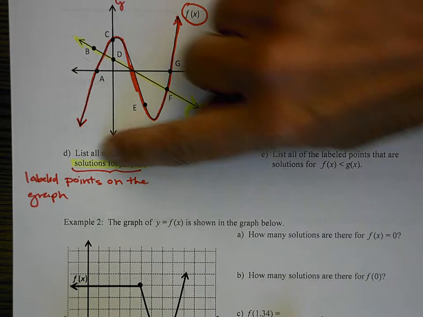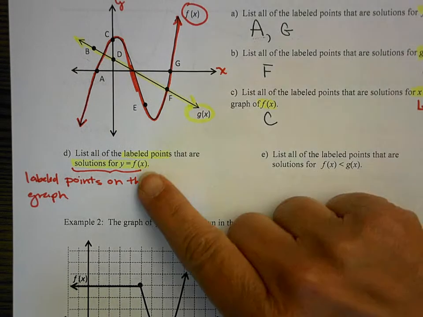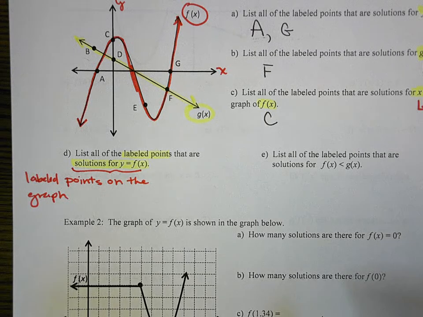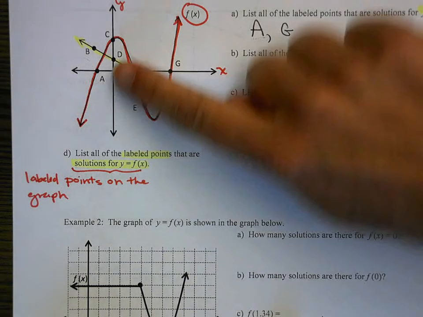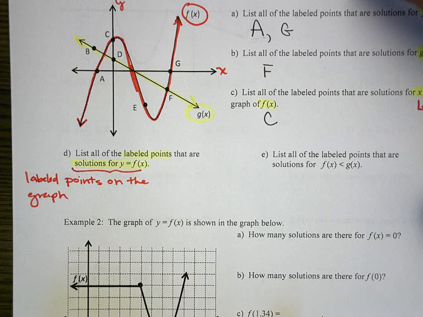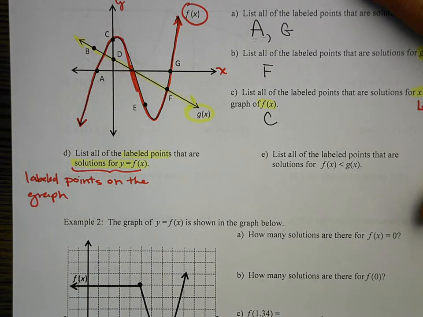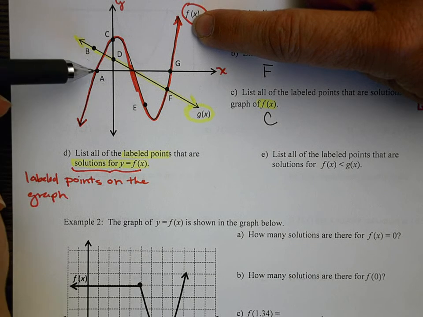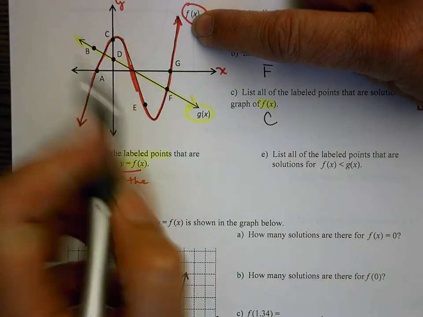So those are solutions for y equals f of x, because x is generic, meaning it's a variable. That doesn't mean at a specific point. They don't mean when x is equal to 0, like C or something like that. They just mean all the points that are labeled. So all the points that are on f of x is really all they're asking for. So that would be A,